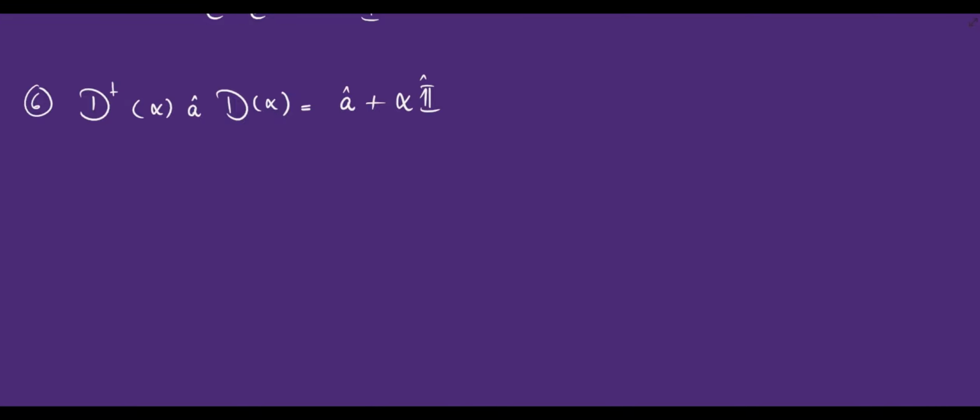Let me prove it again using the Baker Campbell Hausdorff formula. If you recall, it was e raised to minus lambda a b e raised to lambda a, equal to b plus lambda b comma a plus lambda square by 2 factorial b comma b comma a